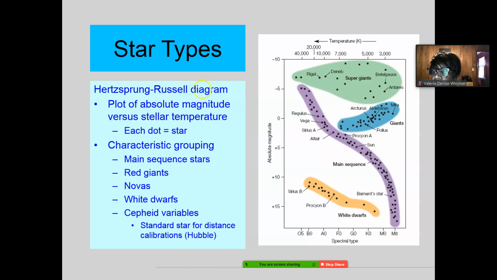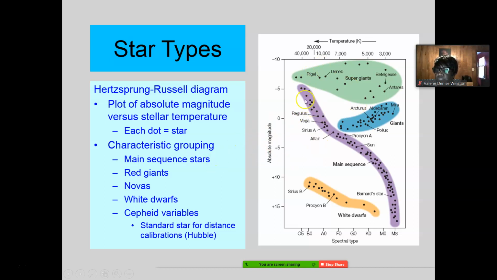They found that the vast majority of stars show up in this middle range here. These are called the main sequence stars. Some of them are very small, very cool, very dim. Some of them are very hot, very bright, very large. Okay? But these are all main sequence stars.